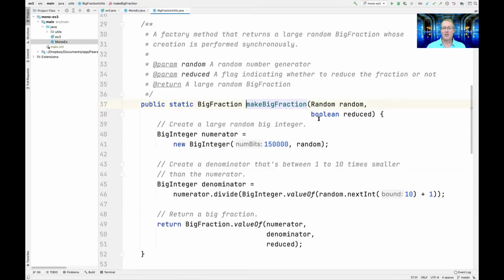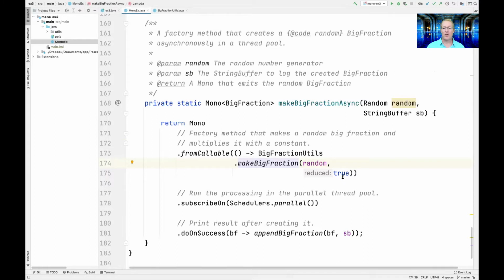So here's what makeBigFraction does. It takes a random number generator and a flag that says whether we're going to be reducing the big fraction or not. And the first thing it does is create a ridiculously large random big integer. So this is the number of bits, 150,000 bits for this random big integer. That's really big. Then we're going to create a denominator, which is going to be a value between basically 1 to 10. And we're going to take that value of 1 to 10 and divide that into the numerator to create the denominator. And then we make ourselves a big fraction with the numerator and denominator, and then we either reduce it or not. In this particular case, we're going to reduce it,